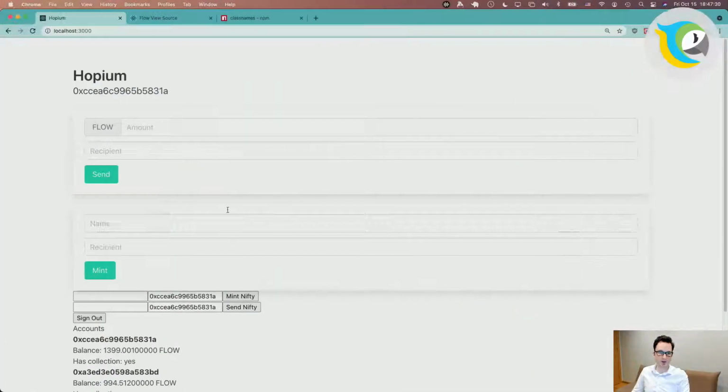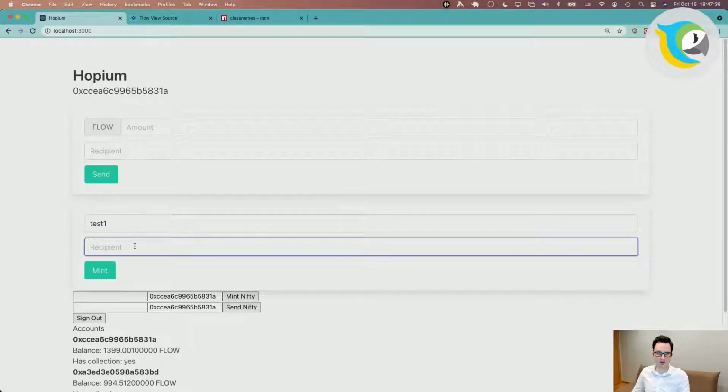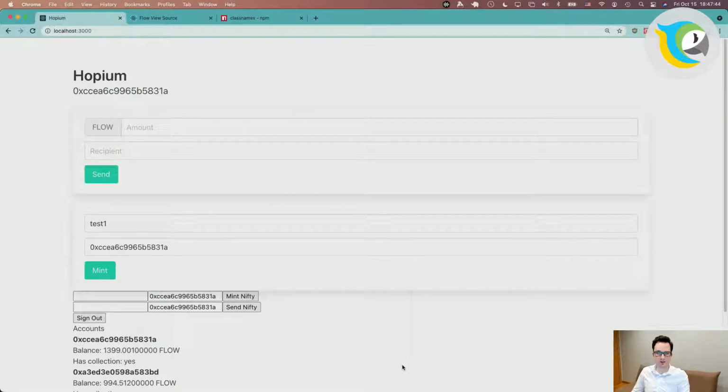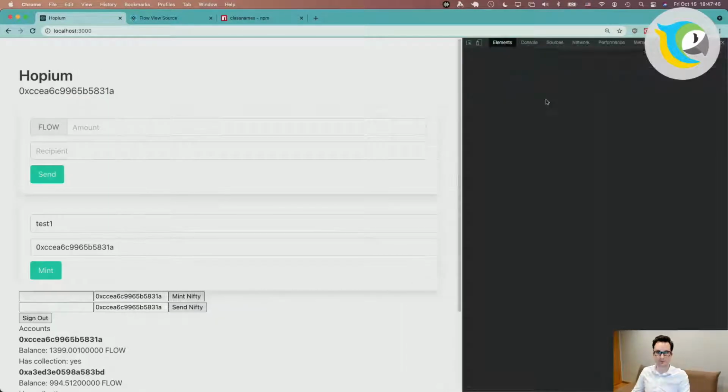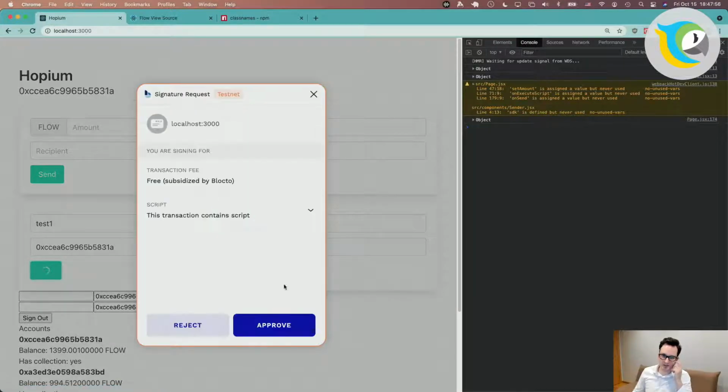Okay, so all this work. Let's see if it works. So let's do test 1, and I'm going to be the recipient. And let's open up the console and hit mint. All right, so now the block showed up, so that's a good sign.